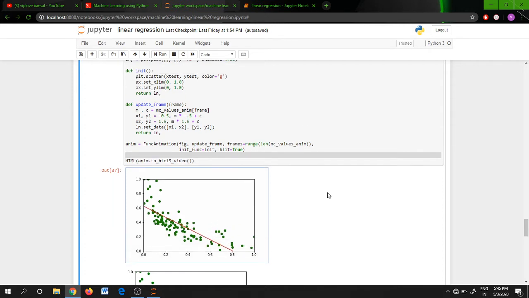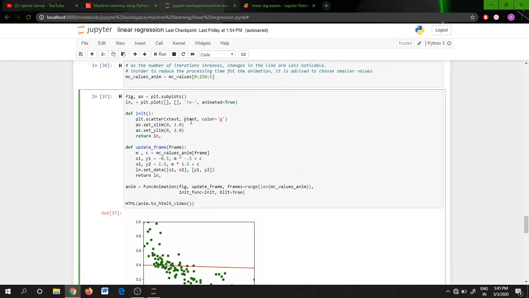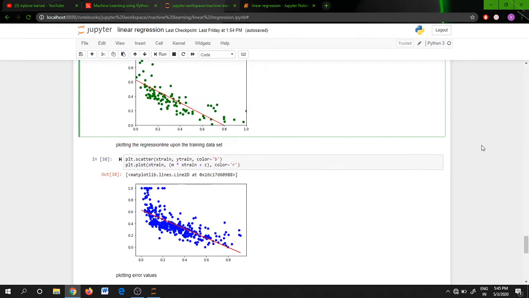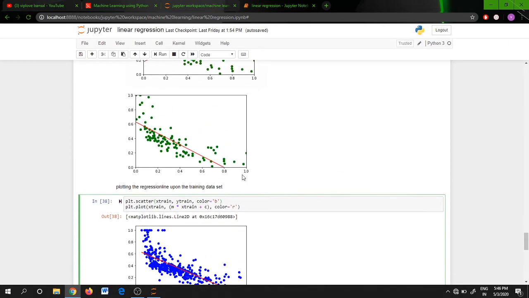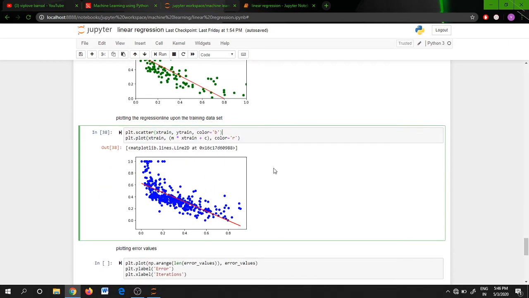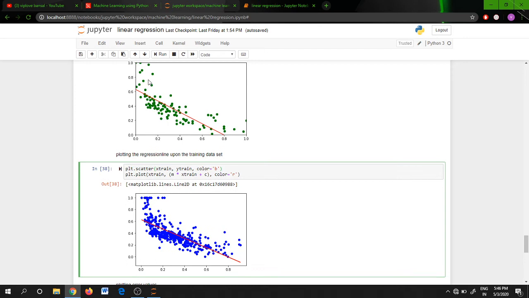This is working on our testing data, as you can see. All right, this is a linear regression curve on our testing data, and this is a linear regression line on our training data set. As you know, 20% of the data is testing, so that's why there are fewer points than this one, because this includes the complete 506 points.